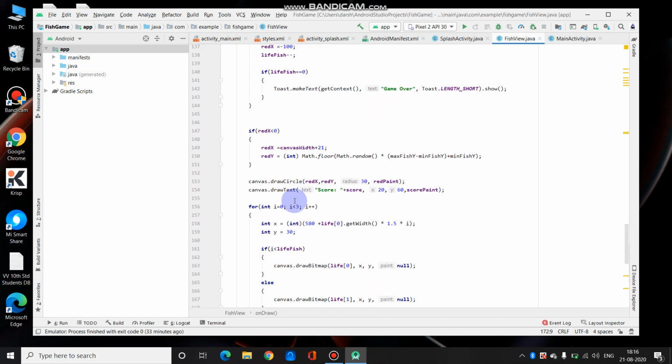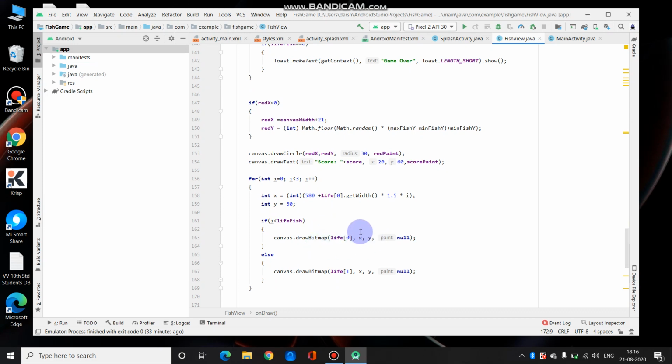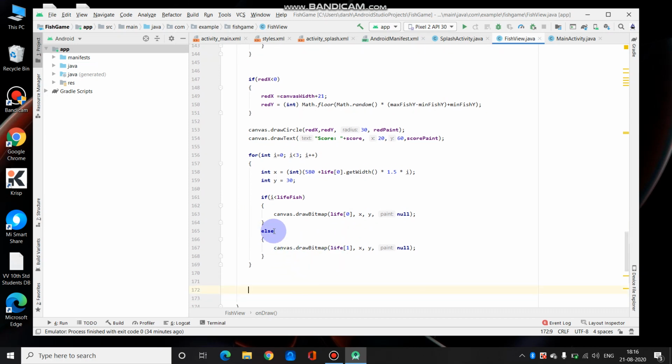And what happens over here is if i is less than life fish, this is going to be visible. As long as life fish is more than i, that many hearts would be visible, and if it is not so, that many hearts would not be visible. Rather we'll have an empty heart over there. I'll explain that in the execution part, that I'll come back to.